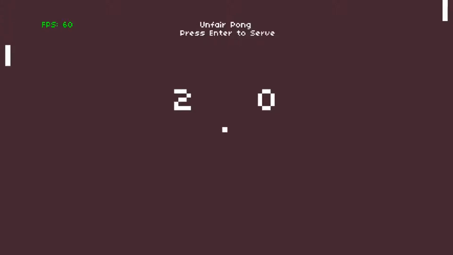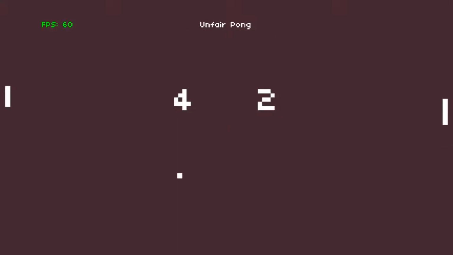But anyway, notice that the paddle is doing its tracking. I called it Unfair Pong, even though it seems like I'm winning pretty handily. This guy's not really doing a good job. I'm just going to let this one go rather than torment us longer with this ball. Let's see how well he is able to get this one. Notice that all he does is follow the trajectory of the ball like that.